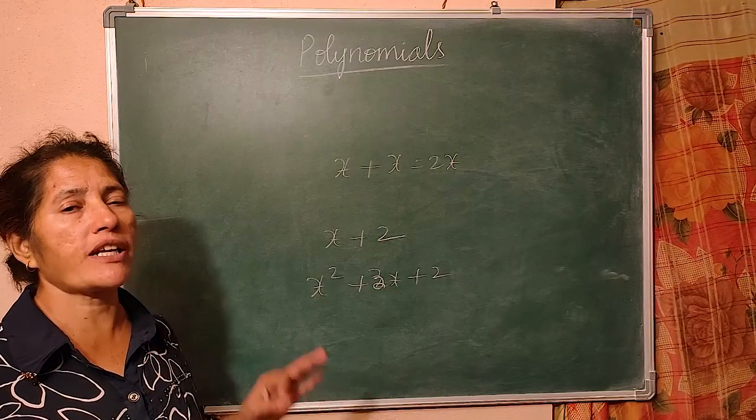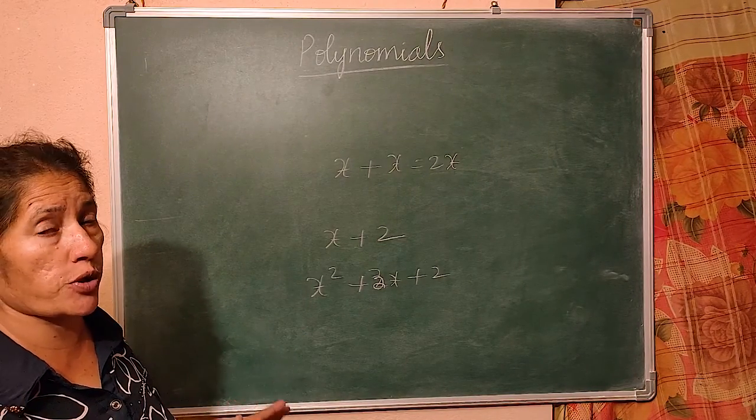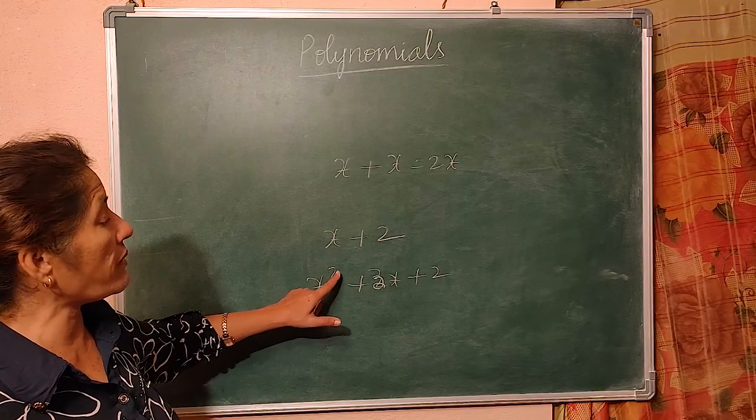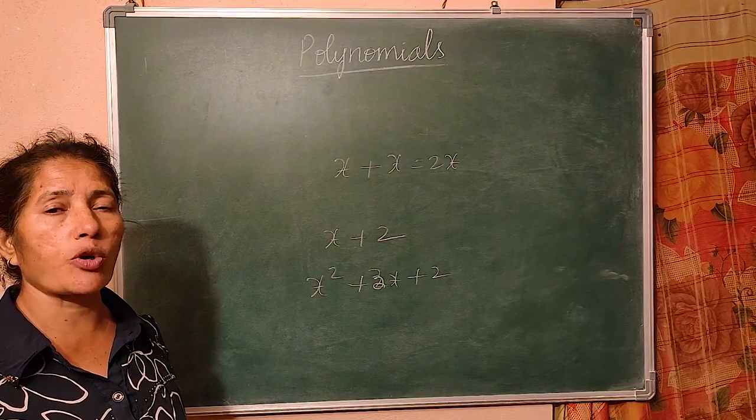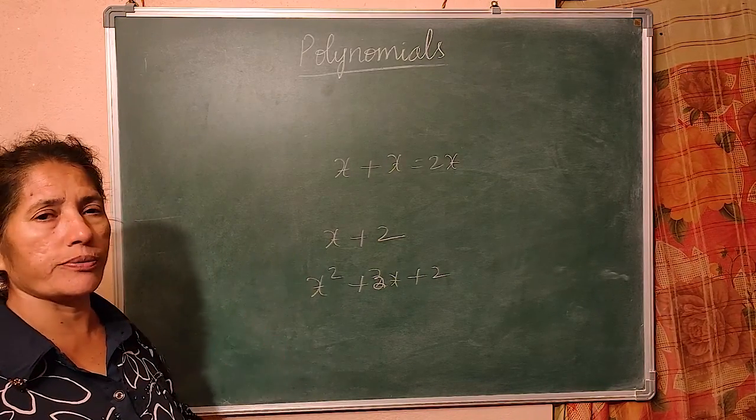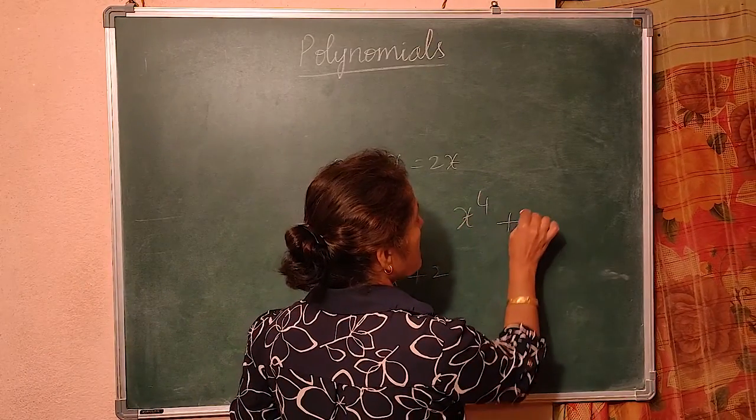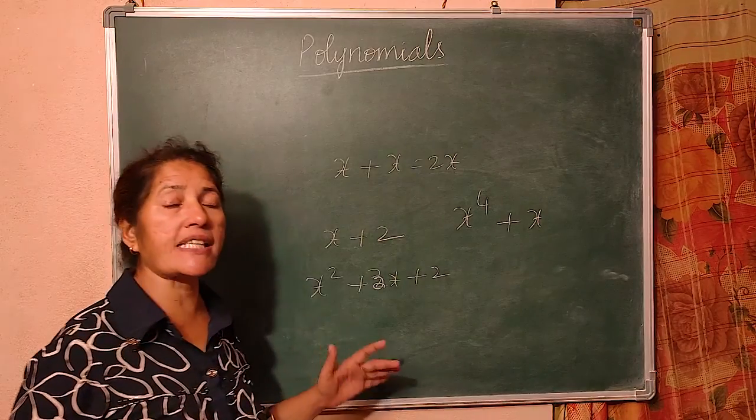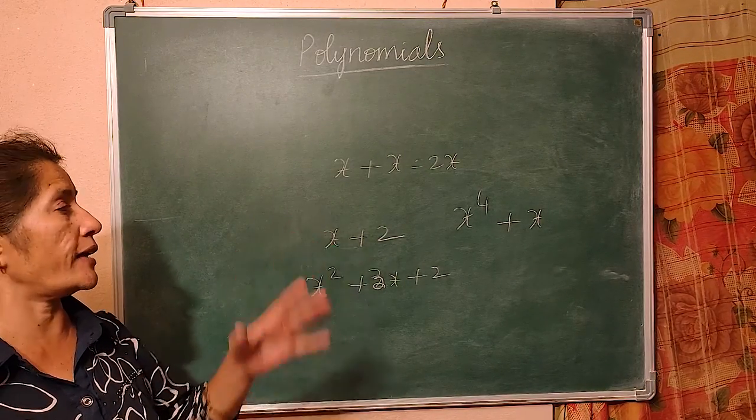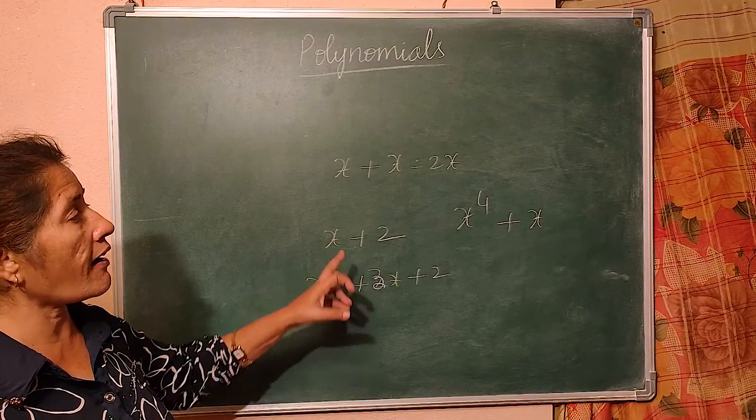quadratic polynomial. What is quadratic? The highest power is 2. Now you understood what is the meaning of power. x to the power of 1. Here highest power is 2. So that is called the degree of the polynomial is 2. Suppose I say x to the power of 4 plus x. What is the degree of this polynomial? Highest power is called degree. What is the highest power of this? 4. All these are